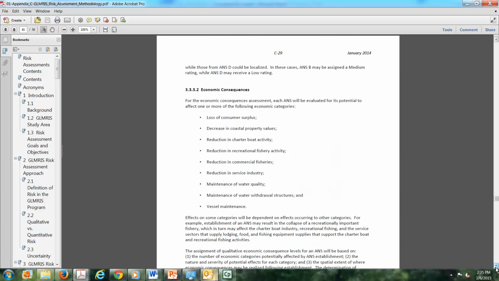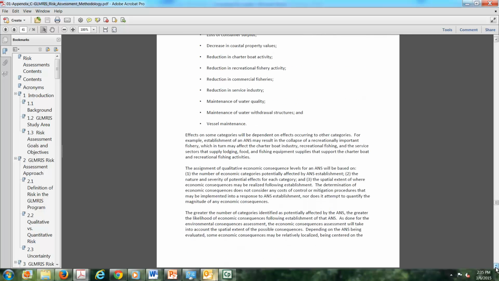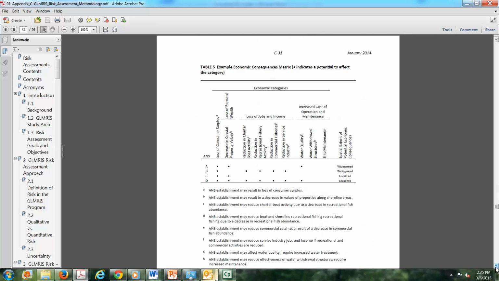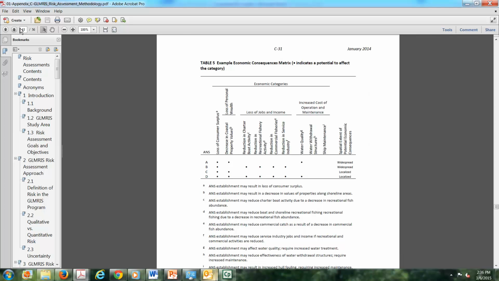We were just skipping through the environmental consequences. Economic consequences are similarly discussed, as are the social political consequences. So this would be the analogy to the second step in the Red Book methodology. The third step is